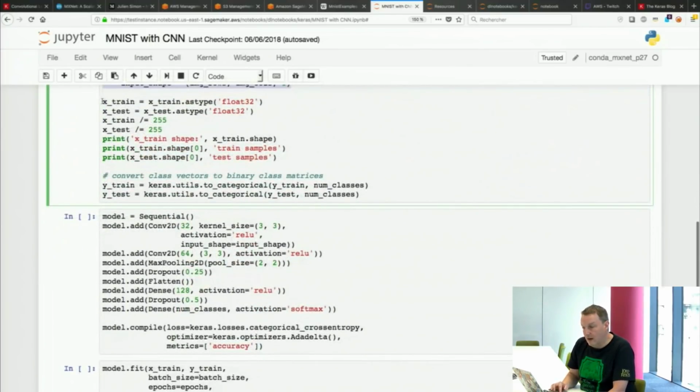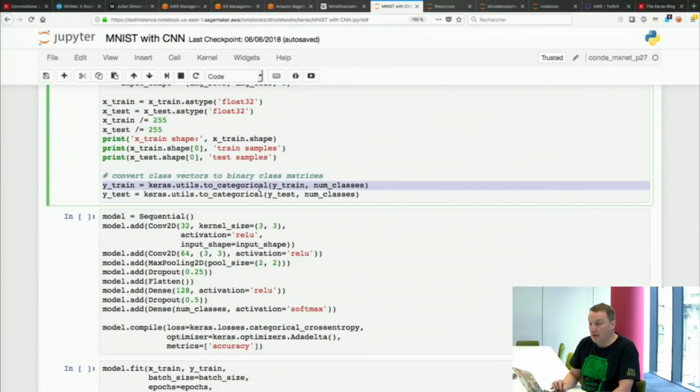Then I'm just going to normalize my data set. Basically, this data set contains pixel values, and I'm going to normalize them between 0 and 1. Again, remember, these are black and white pictures, so the pixel values are from 0 to 255. So normalizing them to values between 0 and 1. And then printing the shape, and then using this utility function to actually encode the labels to